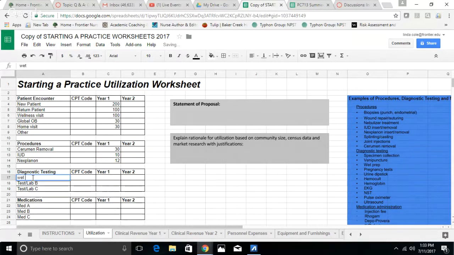do wet preps, and we want to do hemoglobin, and we want to do pregnancy tests. Now, there may be more than 3, very likely will be more than 3 in-house lab type things that you would be doing, but we just want you to list 3. And these don't all have to be in-house labs, by the way. As a matter of fact, I'm going to change this to